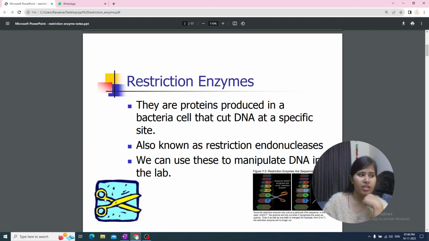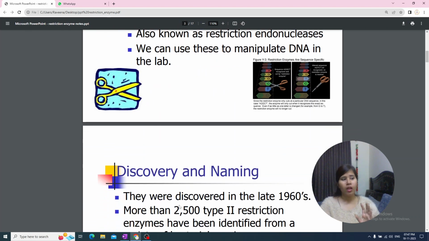So basically restriction enzymes are proteins produced in a bacterial cell as a defense mechanism which can cut a specific site. Okay. They are also known as restriction endonuclease or restriction enzyme. We can use these to manipulate DNA in the lab. We are going to work with these restriction enzymes at the laboratory level. Okay. Now